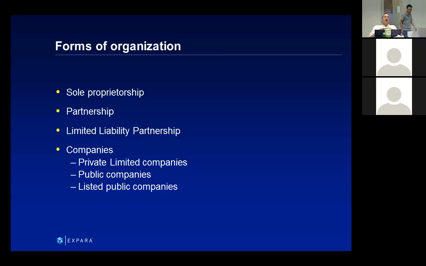All the money that we get is personal income for us. If one of our creditors has a claim, it's a personal claim against us. If the business fails and we owe people money, we're required to pay that back. A company is not like that. A company is a legal person, an entity recognized by law. So this is really, really important.